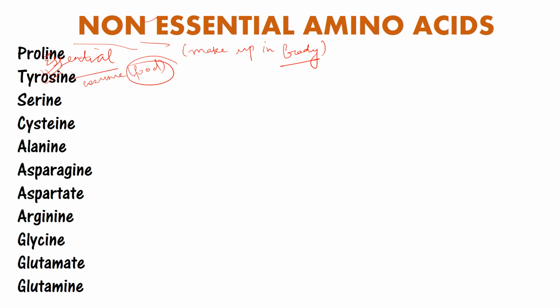If we see the amino acids included in the non-essential amino acids, these 11 are included. One thing you can see is that all the A's and all the G's are included in the non-essential amino acids. So if alanine, asparagine, aspartate, arginine, glycine, glutamate or glutamine has come, you can say yes, it is non-essential without any thinking, because all the A and G amino acids are non-essential amino acids. So this is very easy to remember.